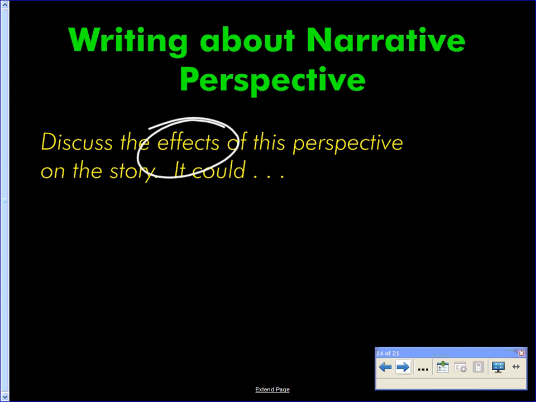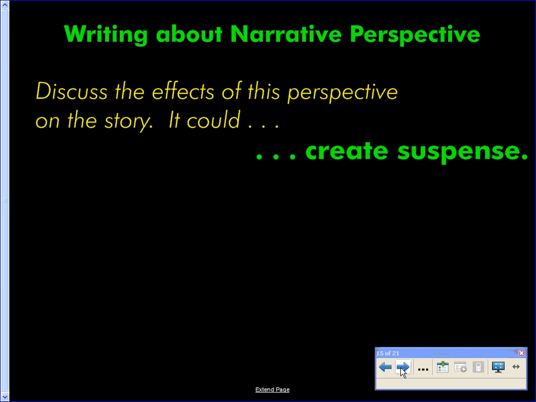And as we discuss that, we can see a bunch of different possibilities. Different narrative perspectives can be effective in creating or possibly even eliminating suspense. So if you were to choose a first-person perspective, the perspective of somebody that was fairly ignorant to what was going on in the story, and they were feeling anxiety about it, the reader might feel anxiety about it. I could give examples, but in a moment I'm going to ask for you to come up with examples.